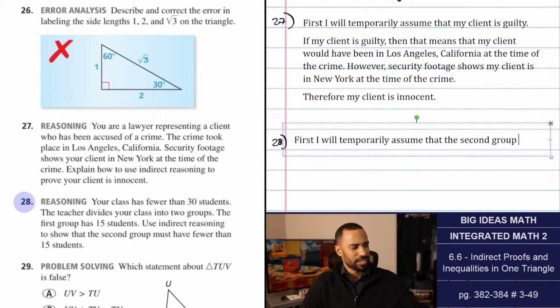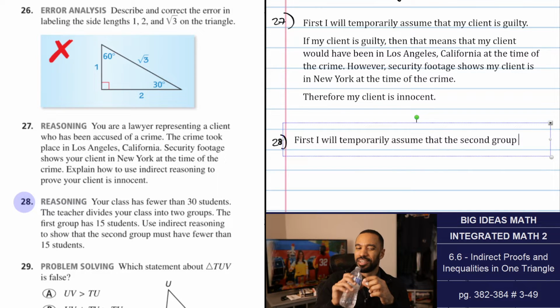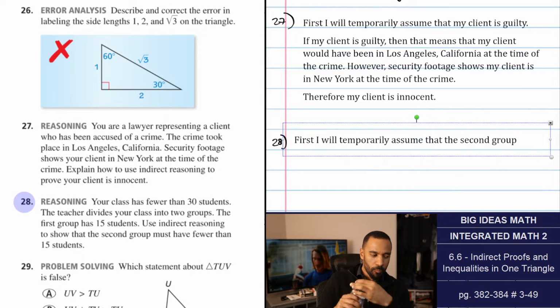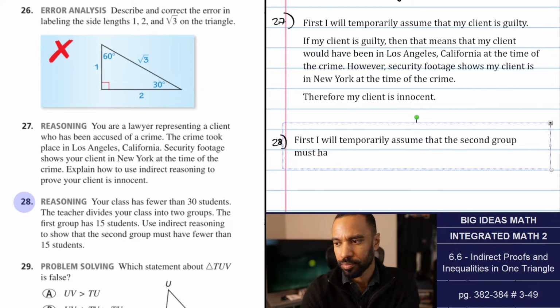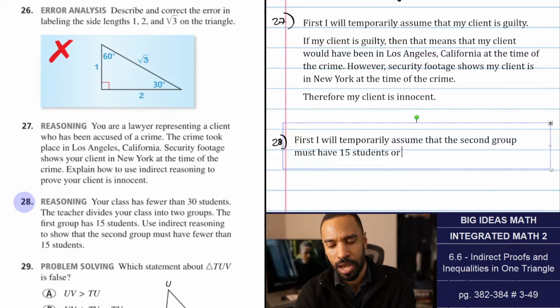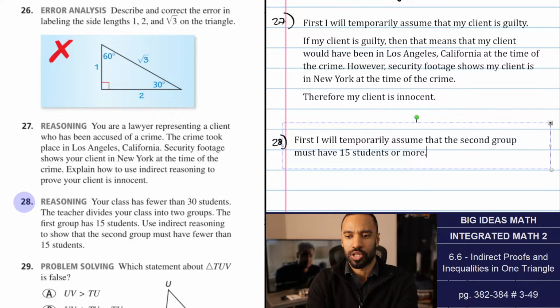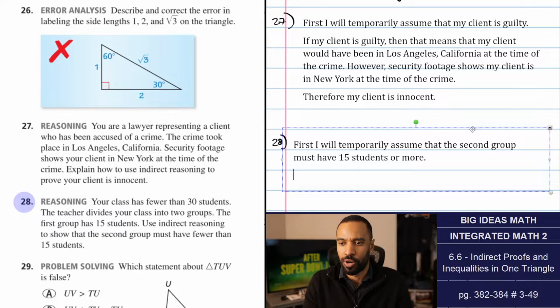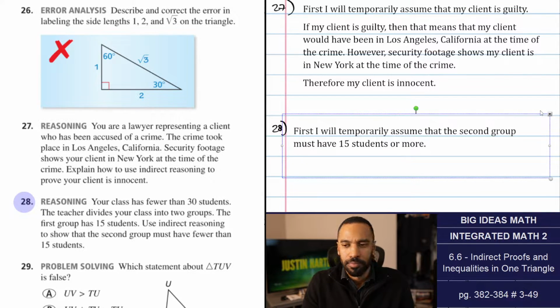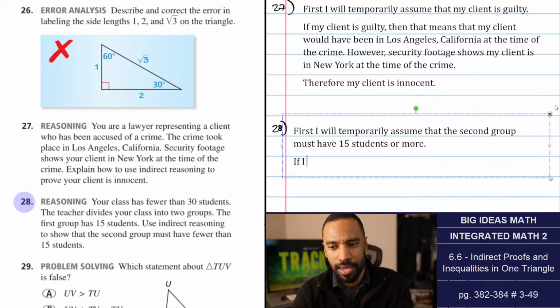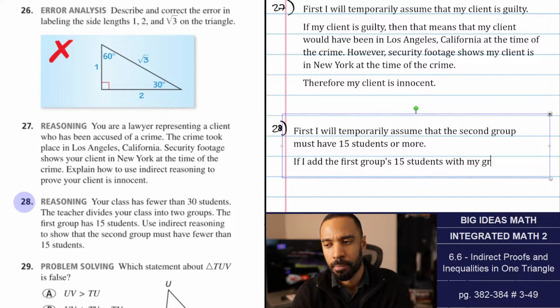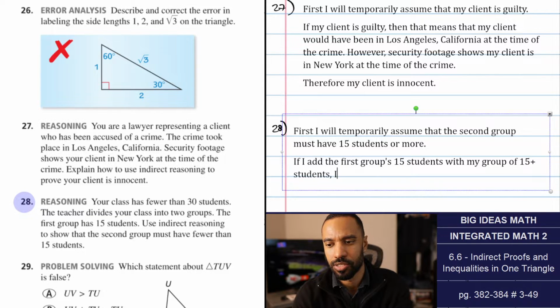Must not? Do I just say may? No. I'll say 15 students or more. Must have 15 students or more, because that's the opposite. Because the must not is just going to imply that anyway. So 15 students or more. This is kind of just math. If I add the first group's 15 students with my group of 15 plus students, I will have a total of 30 plus students. However,